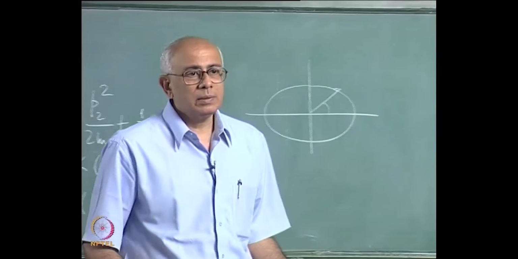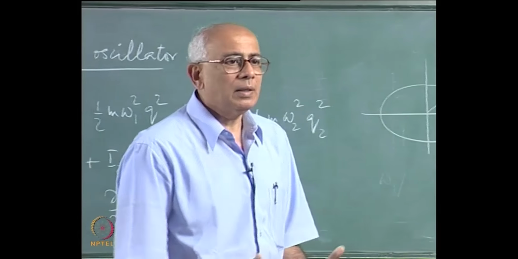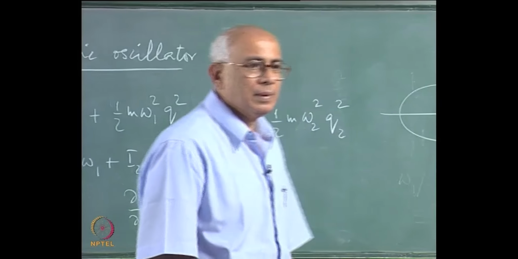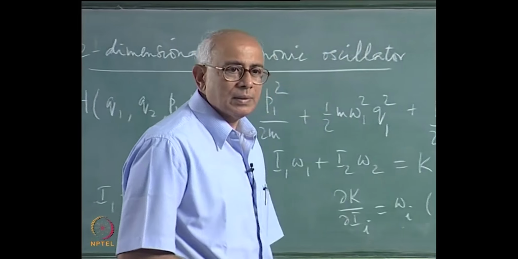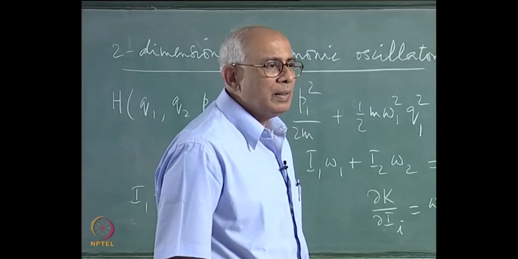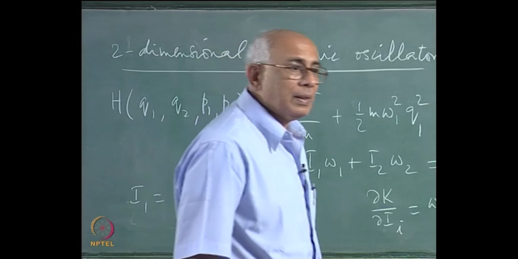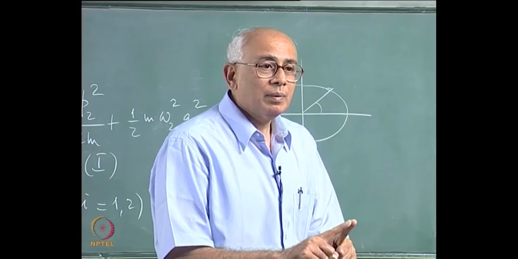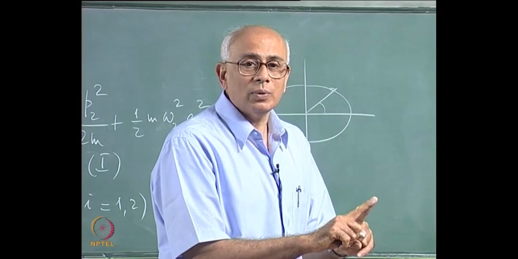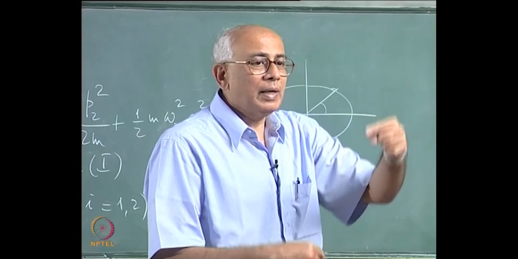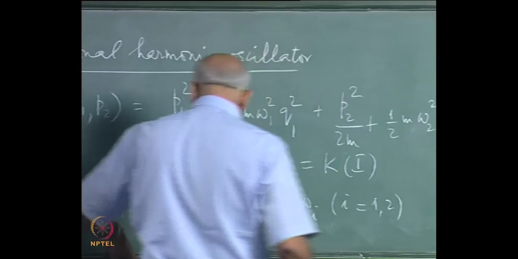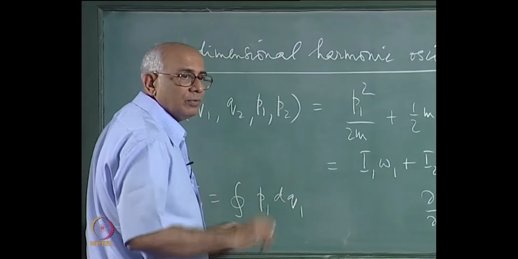What kind of space is spanned by two angles each of which runs from 0 to 2 pi, two independent angles? It is a two dimensional space. What would that space be? Well, a rectangle but with the ends identified, because 2 pi should be identified with 0 and the other 2 pi should be identified with 0. So he is completely right. It is like taking a square of length of side 2 pi